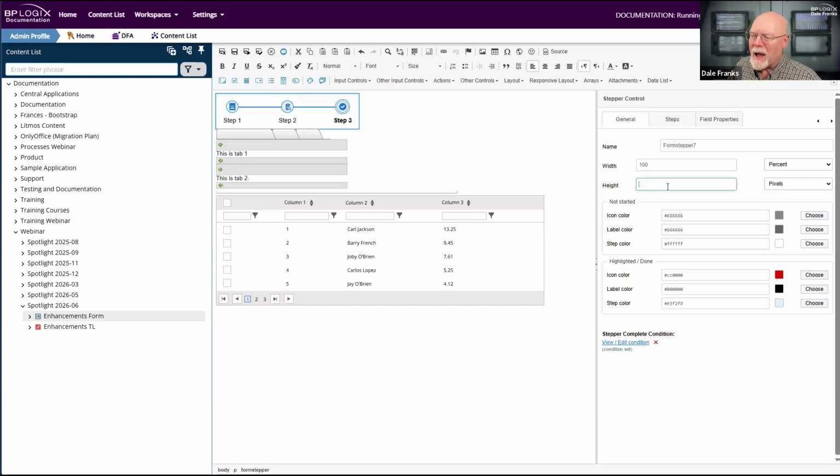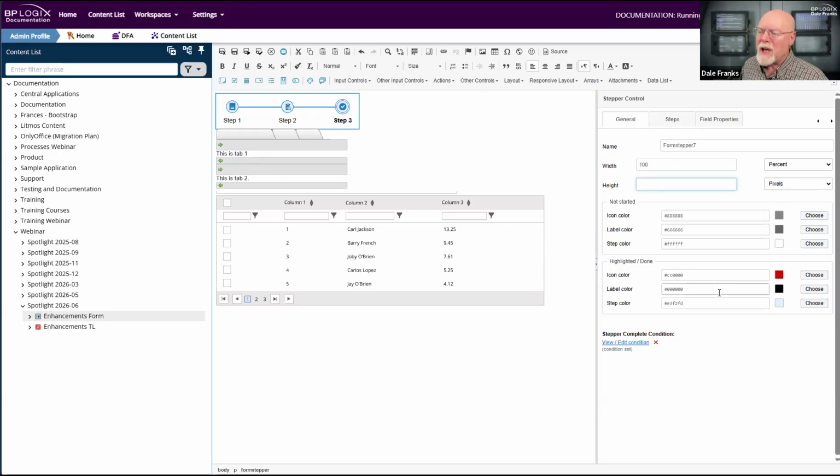The height I am less sanguine about from a practical matter. We do not have the height set in percentage. There's a reason for that, because it would be an awful way of trying to figure out what the vertical scale of a control should be. So it is set in pixels. It actually appears about this size in terms of its height when the form runs. So what you see here is the visual placeholder is a relatively faithful representation of what it would look like on the form. So I wouldn't mess around too much with the height, although that option is available to you.